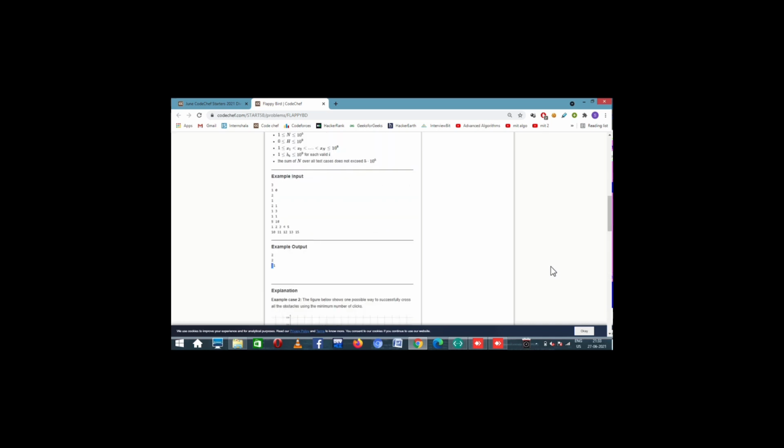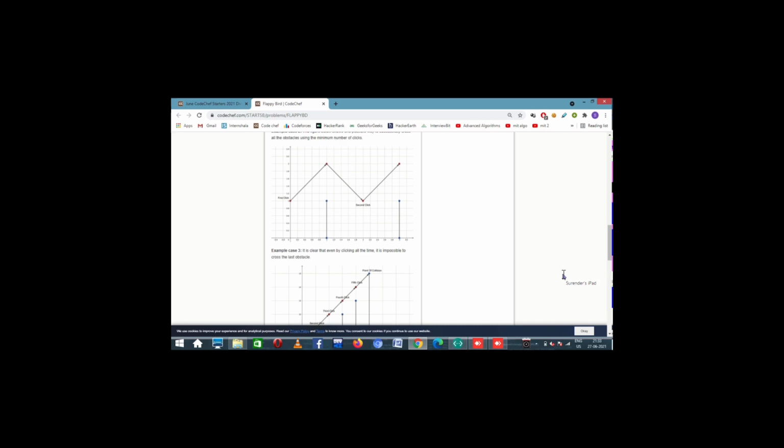Similarly, there is another case 3 given, where even if we click on everything, the last one had a point of contact, because every time you can increase it only by 1. So if there is something of a large height waiting for us over here, we can't cross this. In that case, we can print -1. Otherwise, we need to print the minimum number of clicks we need to use, so that we can pass all the obstacles. All these obstacles are given to us in the form of the x coordinate and the height of each obstacle, right? And we are also given the initial height. That's it.